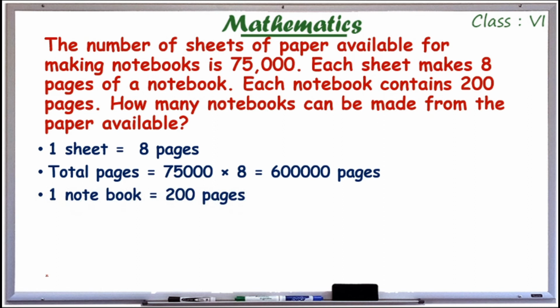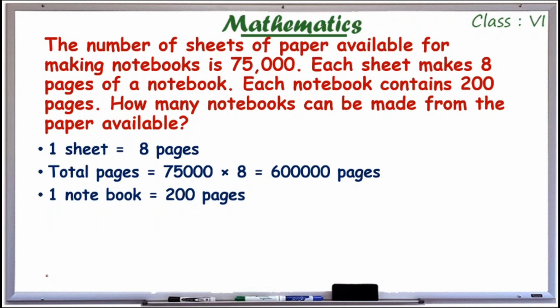One notebook means 200 pages. Now we have 6 lakh pages and one notebook means 200 pages. Then how many notebooks can we make? For a small example, we get 5 packets of biscuits worth rupees 100, using 100 rupees. So what is the price of one biscuit? You have to divide 100 by 20. The answer is 5. Like that we have total 6 lakh pages,